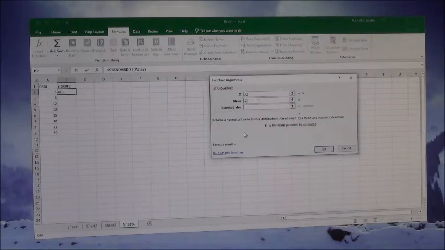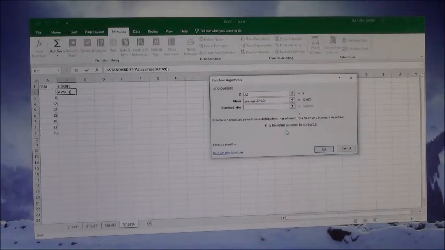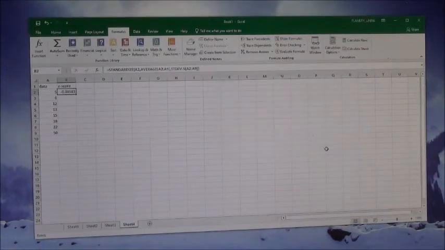Try that again. Average, parenthesis, and then I'm going to go from A2 to A9. Close my parenthesis on that. And then in the standard deviation, I'm going to type in stdev.s. I'm doing the sample standard deviation. And again, I'm going to go from A2 to A9. Close my parenthesis there. And when I hit OK then, it's going to give me the z-score that corresponds to